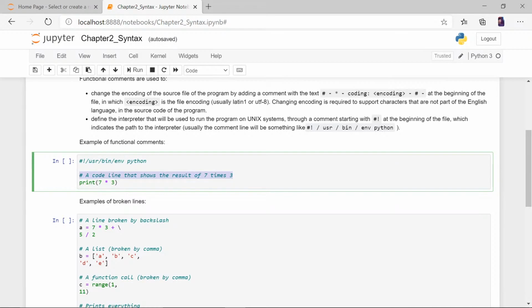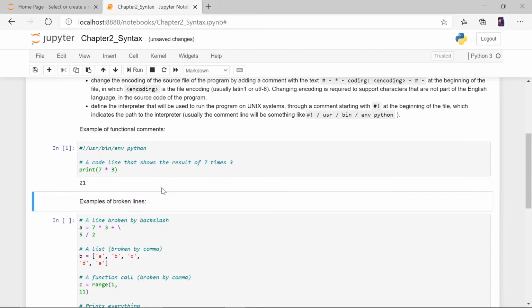So before every line, you add a comment. You add a comment not for yourself, but for the other people. When you are working in an industry or a company, it's not just you who sees or edits your code. There can be a team, there can be multiple teams if there is a big software. So you always have to add comments, even if it is the lamest thing like 7 star 3, so 7 multiplied by 3. So let's run this, shift enter.